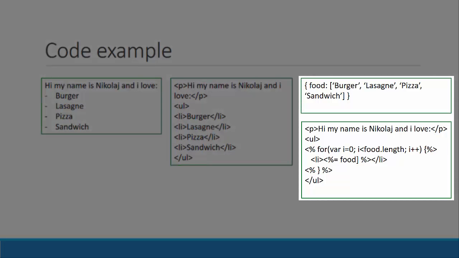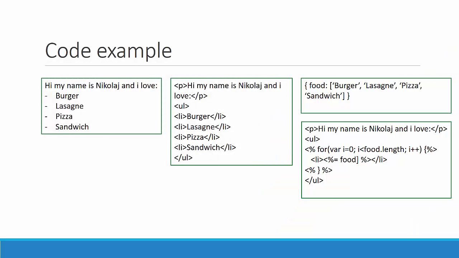If we would do that in EJS, we would start by creating an array in our data layer, and then we would create some HTML, but instead of the list items, we would create a for loop where we would list every item of the array. Maybe when we look at it this way, the EJS example looks more complex than the HTML example, but let's pretend that instead of 4 items in the list, there were 100, maybe thousands of items. Then the EJS version would be better.